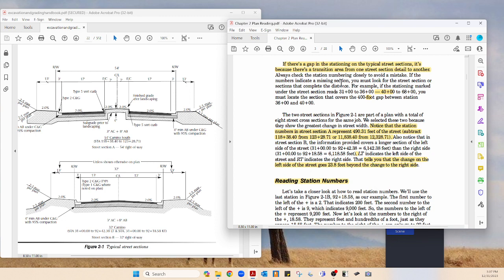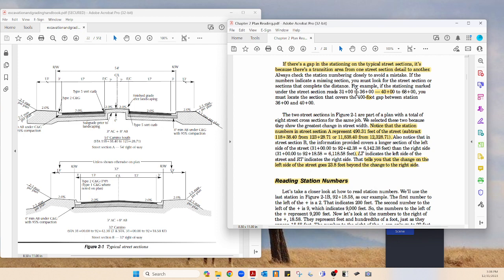If the numbers indicate a missing section, you must look for the street section or sections that complete the distance. And here's their example. If the stationing marked under the street section reads, like here where they're located, if the stationing reads